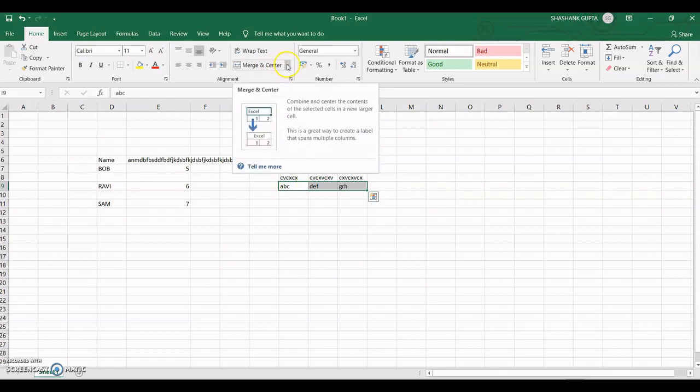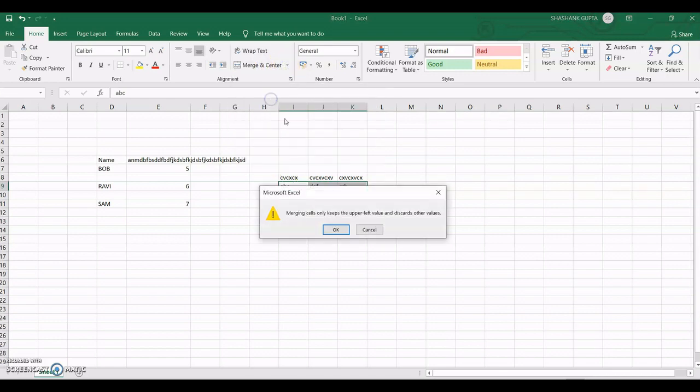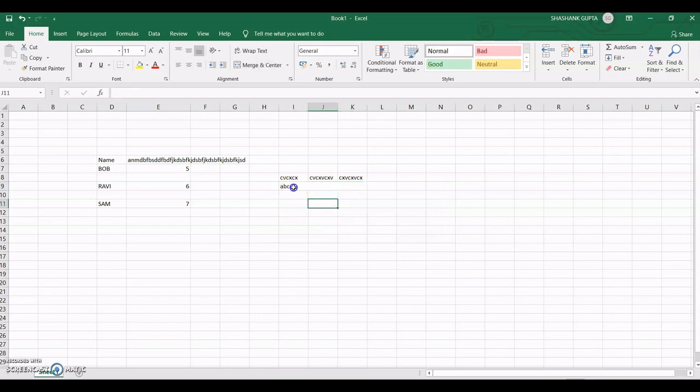After that, go to the Merge and Center option, merge cells. Merging cells only keeps the upper left value and discards the other values. So it is taking the upper left value, no problem.